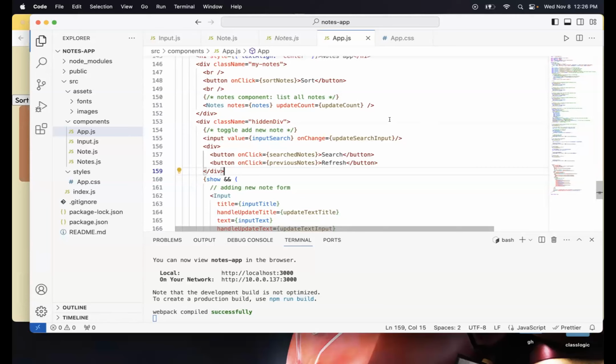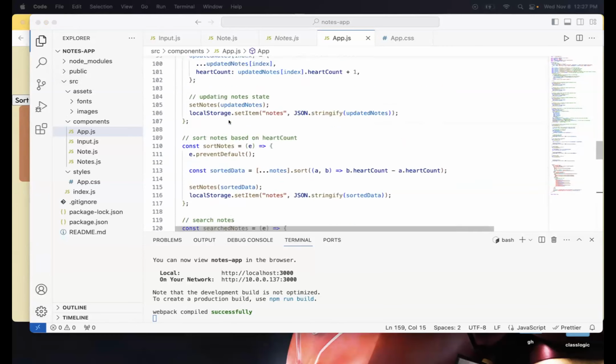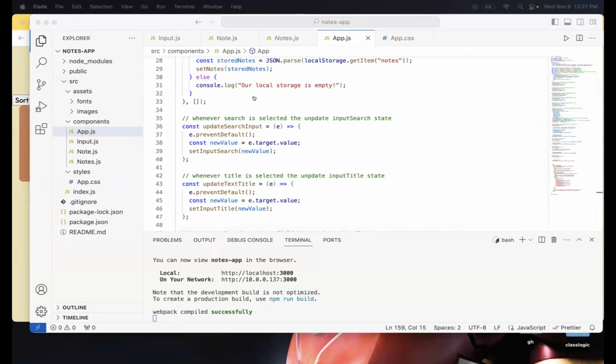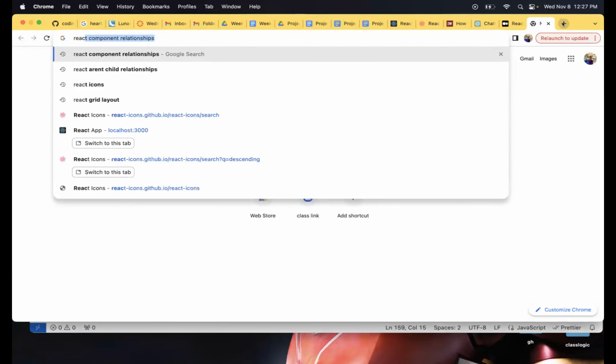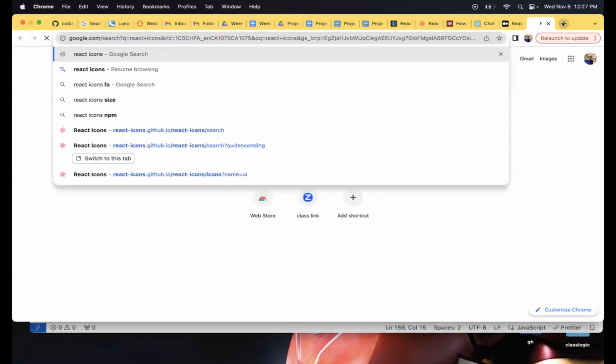Okay, so that's that. About the sorting now, right? So let me create a button over here. But before that, I need to import something. Let me do this. React icons.